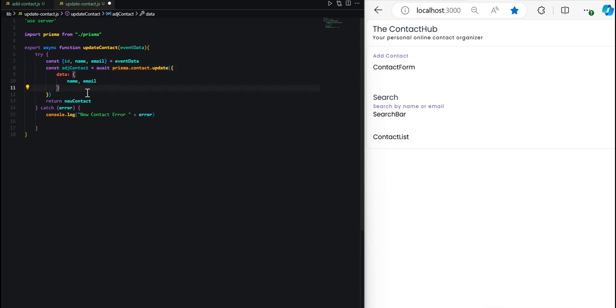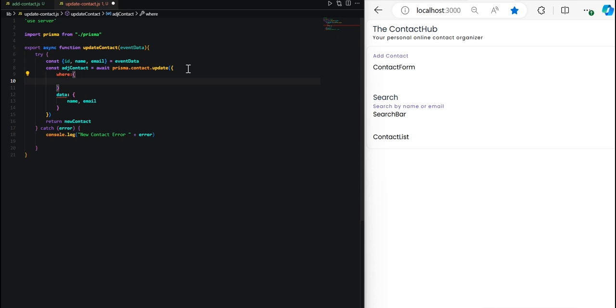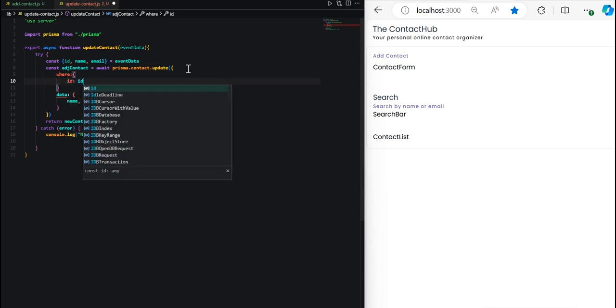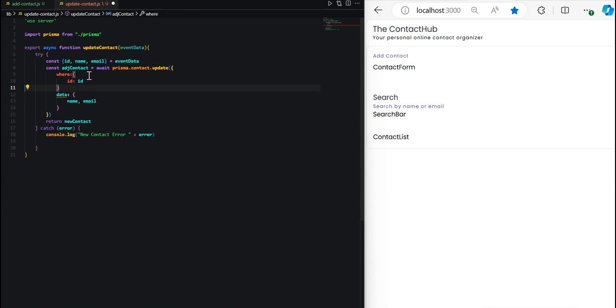And we'll be passing in first where. Anytime that we use where with Prisma, we need to pass in the ID. And the reason we're passing in this ID is because this is going to give us the ability to find the correct contact and update it based on the data that's being sent to it. So outside of the where object, be sure to add a comma so that you get rid of the error. And if you save the file,